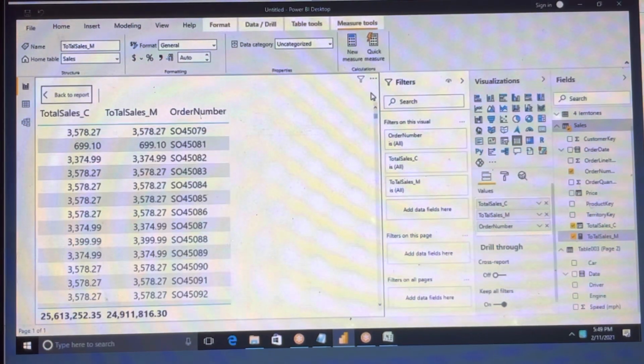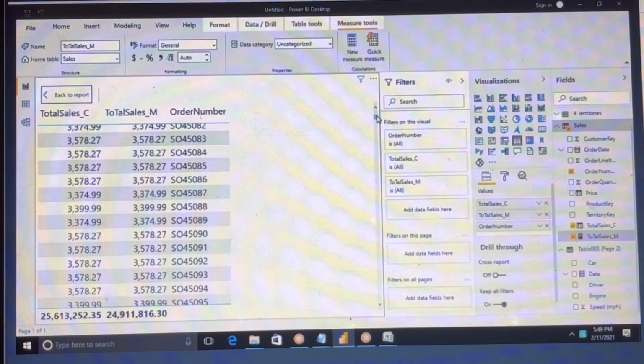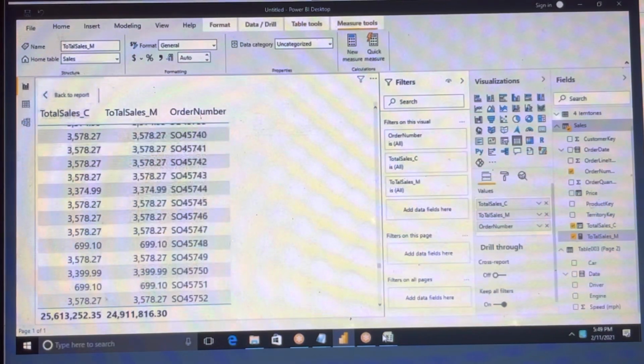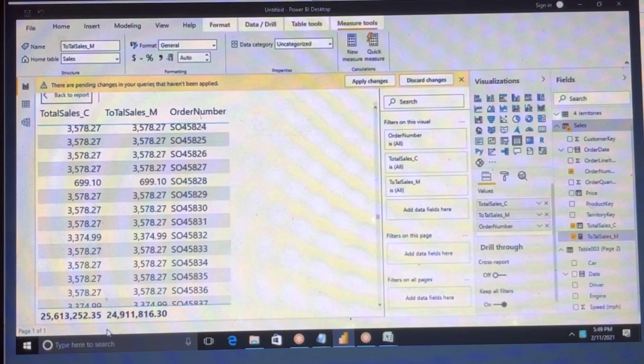If you click on focus mode, you can see it is getting the data, but we are getting the grand total.